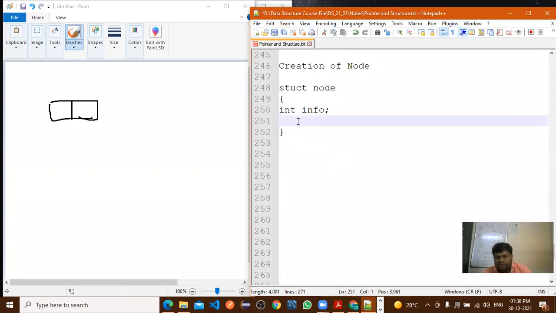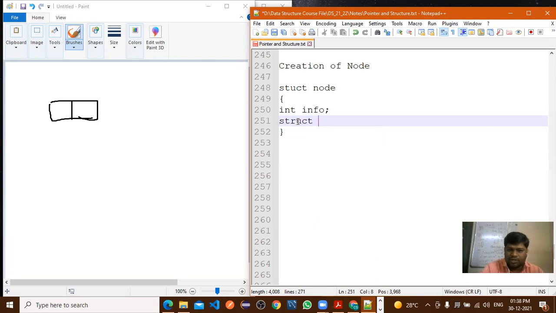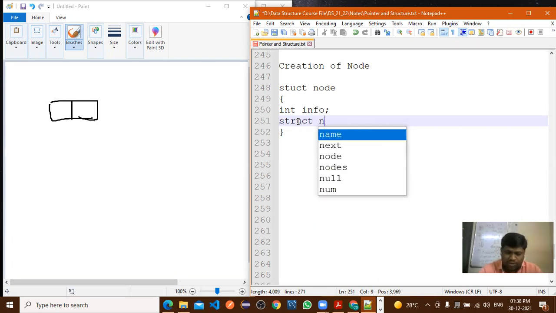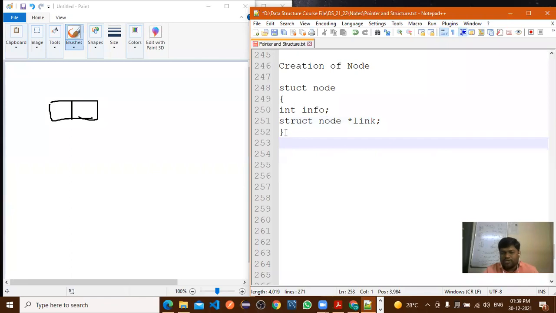Right. Now what to write here? How to write a pointer? Struct node, here we'll write link. I will write link semicolon. After that, we need to create a variable of which node?